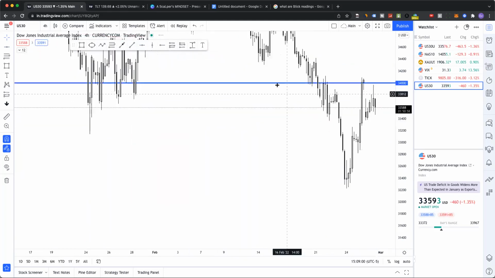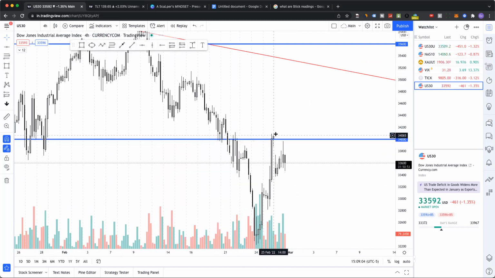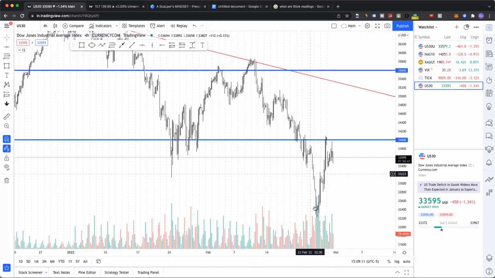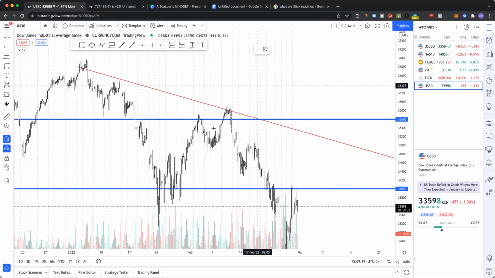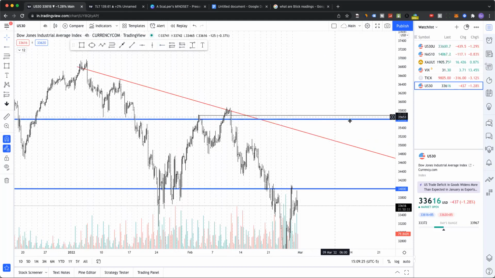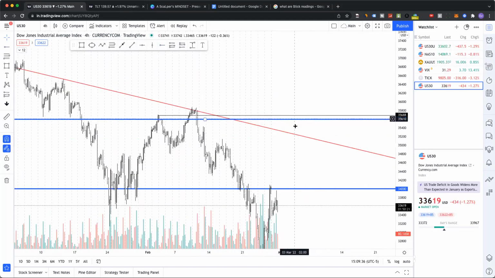Okay, you can see how that support level that was now turned resistance had been tested here, came back, tested again, dropped, tested again, dropped, okay? So we understand that we had a breakout here, right? So this would be an S&R breakout level. Here we have a resistance level in line with a QM level. Okay, so this area right here would be something that I'm looking for some sort of confluence in, okay? Because I have a QM level, I have my support and resistance level here, and if the market makes its way back up, I can start looking for sell opportunities on a lower time frame.